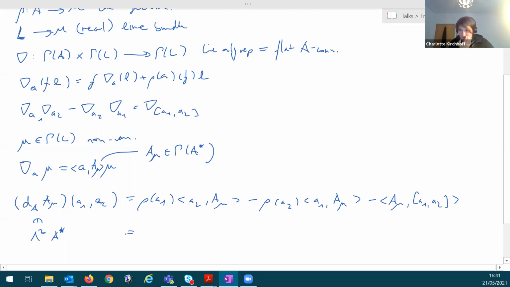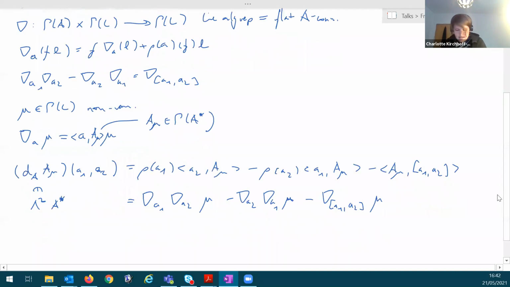And now, if you work this out, this is actually equal to this expression, which of course is just the curvature of the Lie algebroid connection, which we assume to be 0